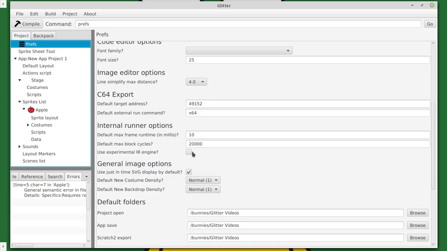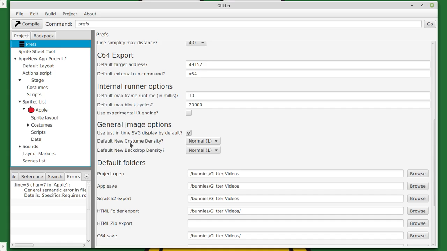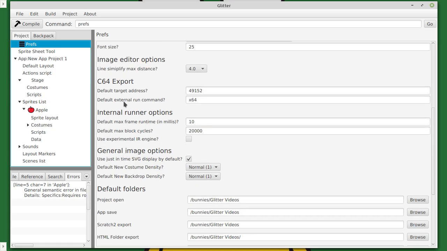It doesn't handle some things like thread control, like stopping threads and stopping other threads and that kind of thing. Sometimes it gets confused, so it's experimental at the moment. It doesn't quite work. I was hoping to have this finished for the next version, but it will get done. But the thing is, in order to get all of this settled out, I have to get all the outputs as close as I can to being able to do local variables. The C64 stuff is in fact kind of set up to do local variables, so that's not a problem. But the HTML output is not really set up to do